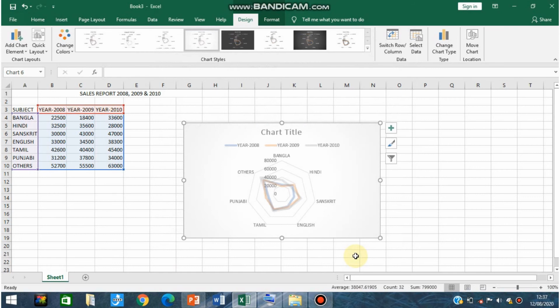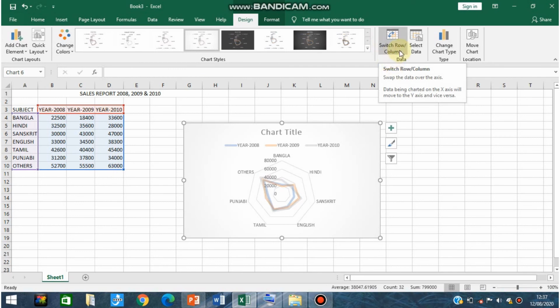Then next is layout. Layout we have just seen: you have to go to the charts layout section, click on quick layouts, and you can change the appearance of the chart. You can add the title to the chart by using that option. So this was all about changing chart tools.